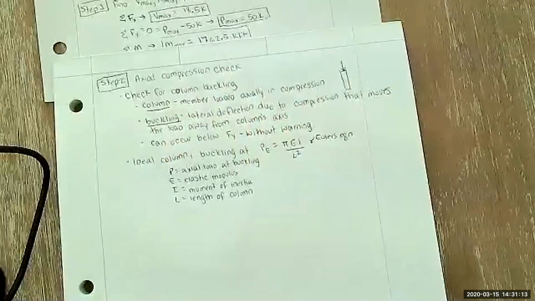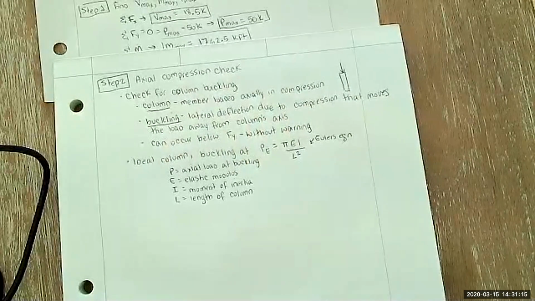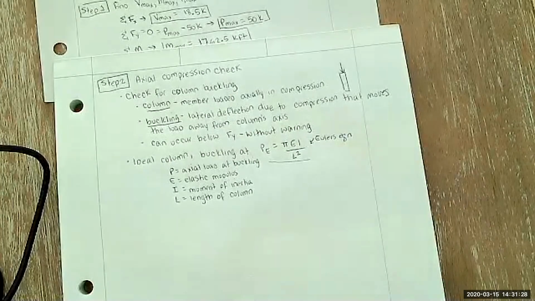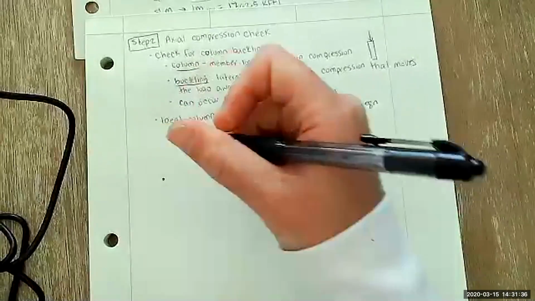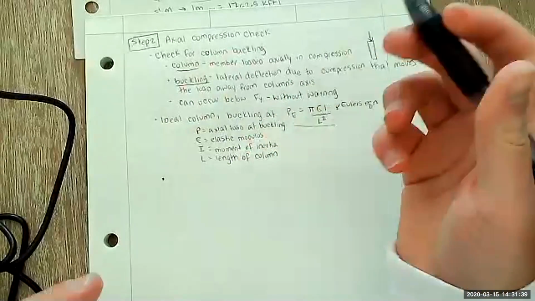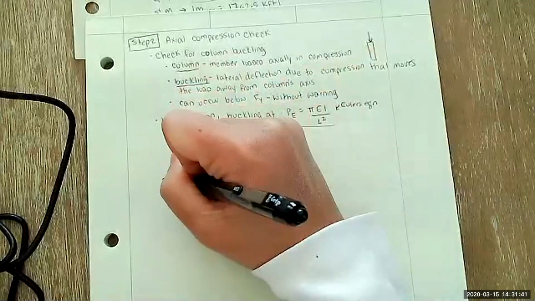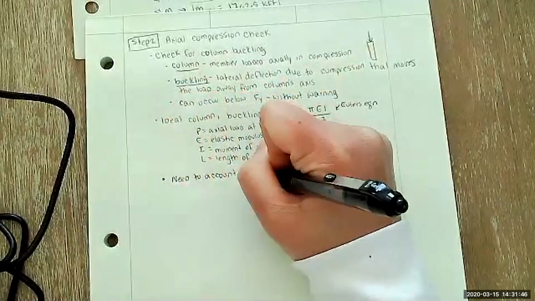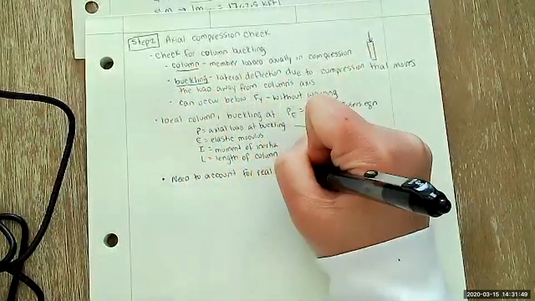Now, a question for you: should we use Euler's equation for design? Yes and no. It's good to base design on theory, so it's a good basis for how we can design our column. But we have to account for real world non-idealizations, so real world uncertainty,